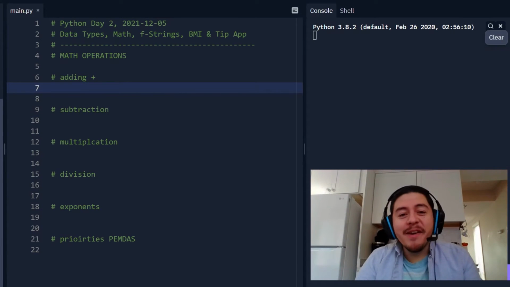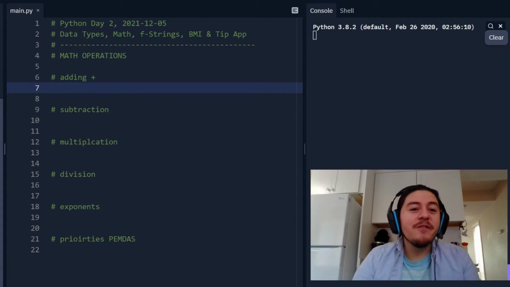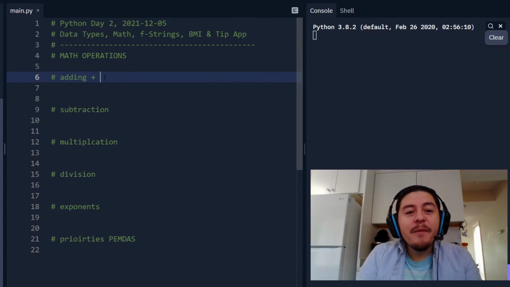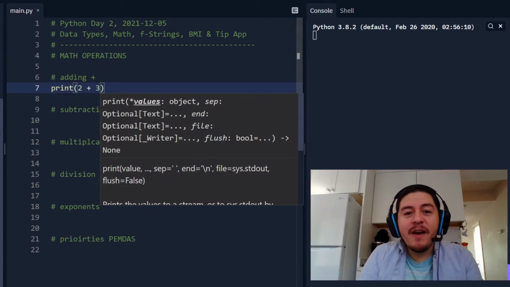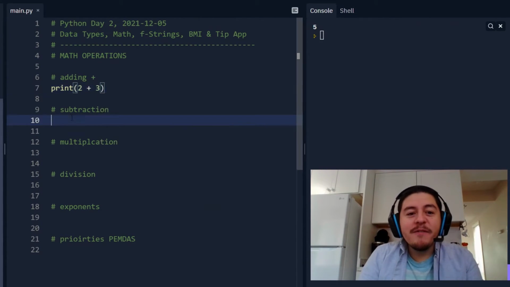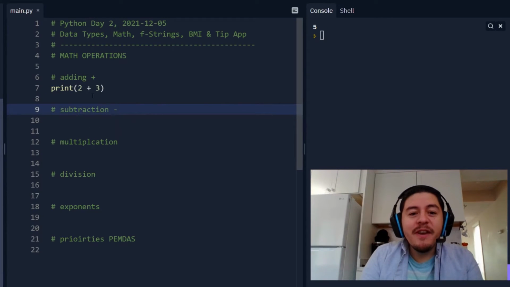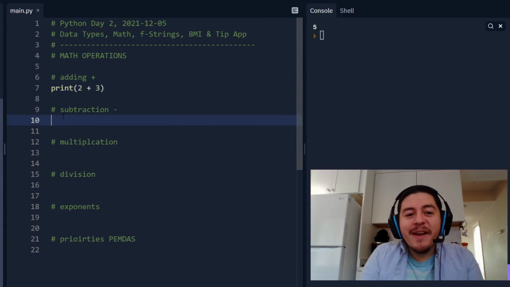Gotta save that money. So we're gonna start on mathematical operations. This is going to go super quickly. For adding, we're gonna use a plus sign. We're gonna print, let's say 2 plus 3 is 5, right? Right. For subtraction, you're going to use the negative sign or the minus sign. 2 minus 3, that's going to be